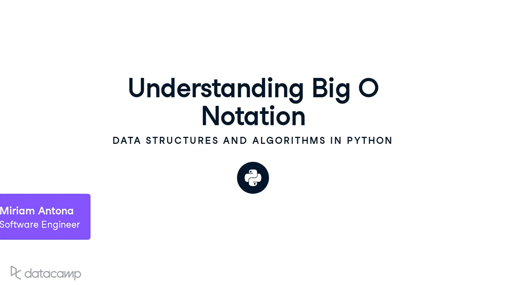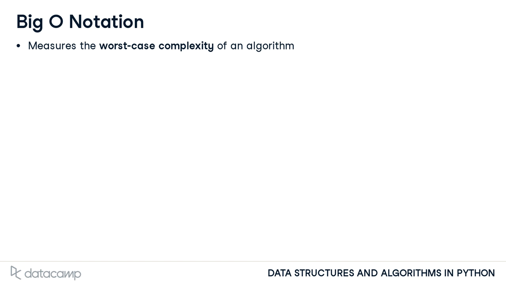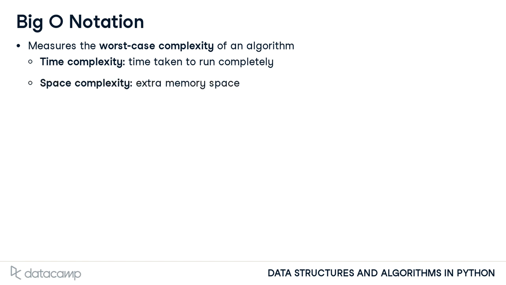Let's learn about big O notation, a tool used to describe the complexity of algorithms. Big O notation measures the worst-case complexity of an algorithm. It considers time complexity, the time taken by an algorithm to run completely, and space complexity, the extra memory space